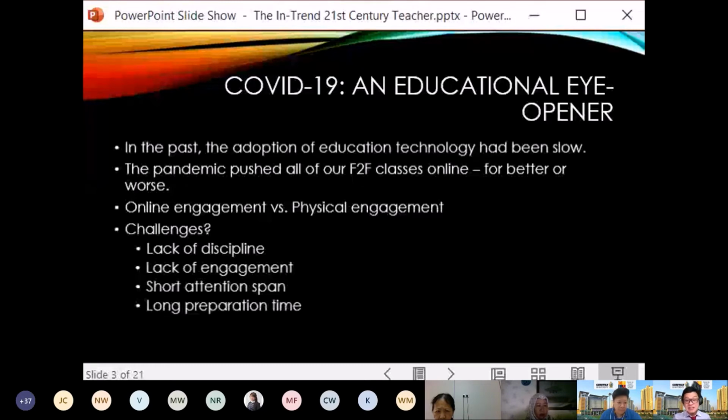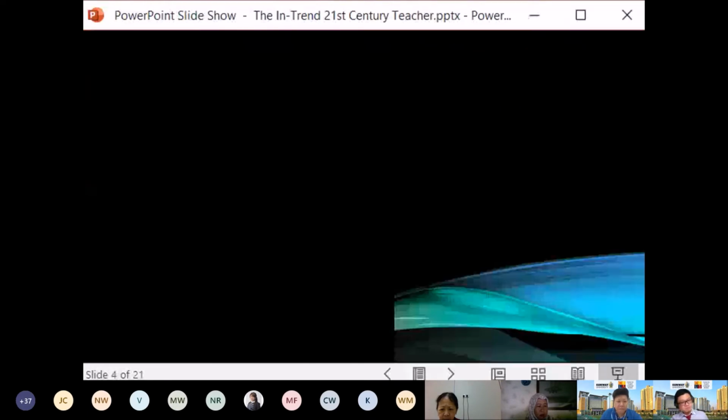Even if we go back to normal, even if Russia's vaccine works and we can travel around the world again, we will change our methods. We will become better teachers, better educators, using the methods and strategies that we have found during this MCO period. So the long preparation time is, in fact, because of changing from face-to-face back to online, especially the resources.